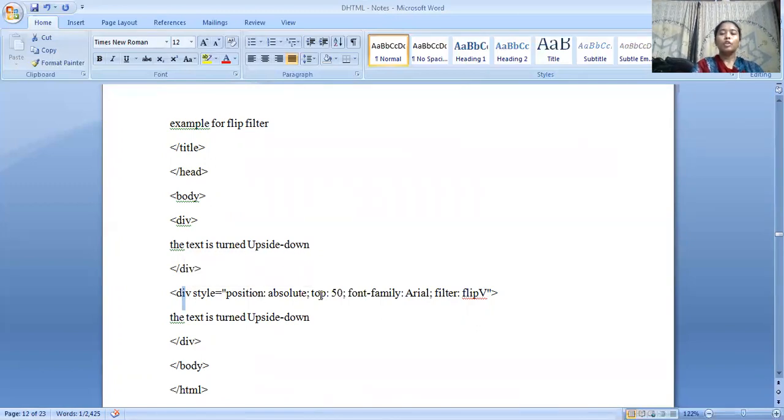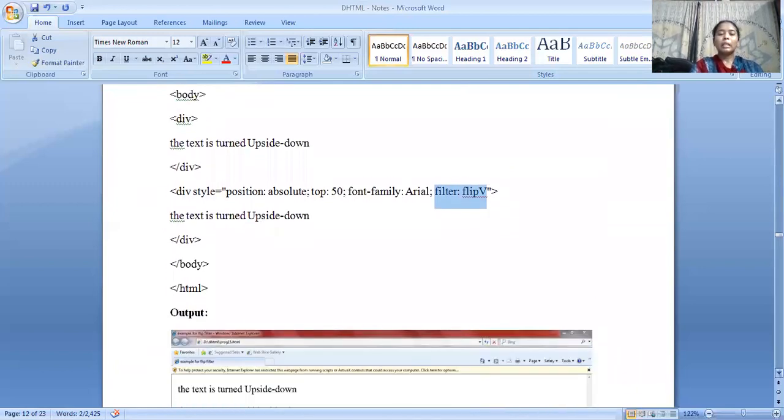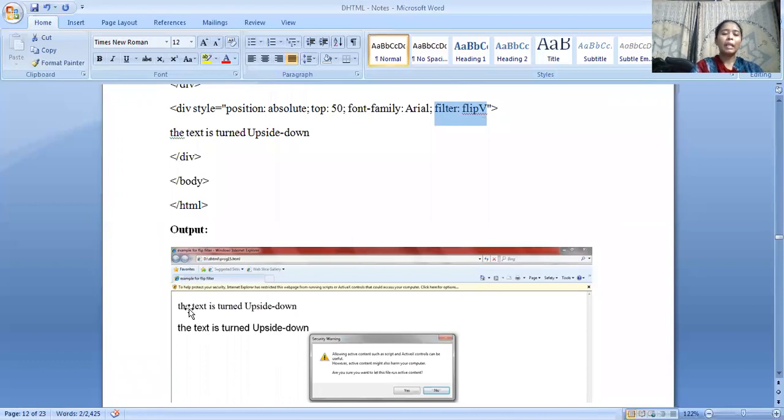Position equals absolute, top equals 50, font family equals Arial. And what type of filter am I assigning here? I am assigning filter equals flip V. So let us see the output. Whatever the text I am taking,